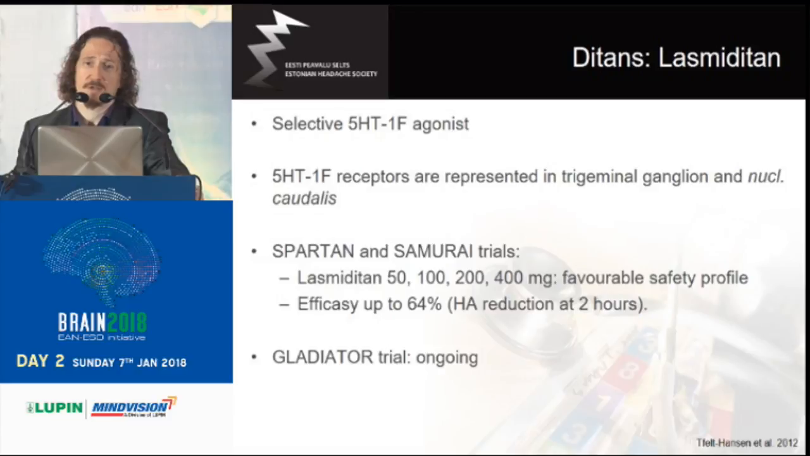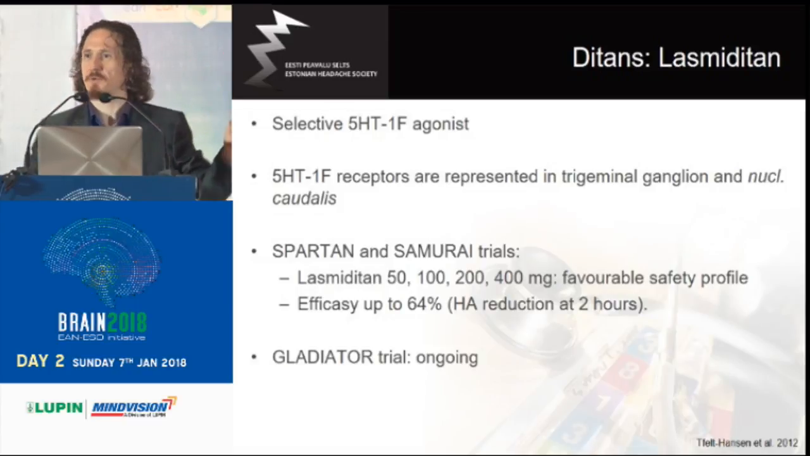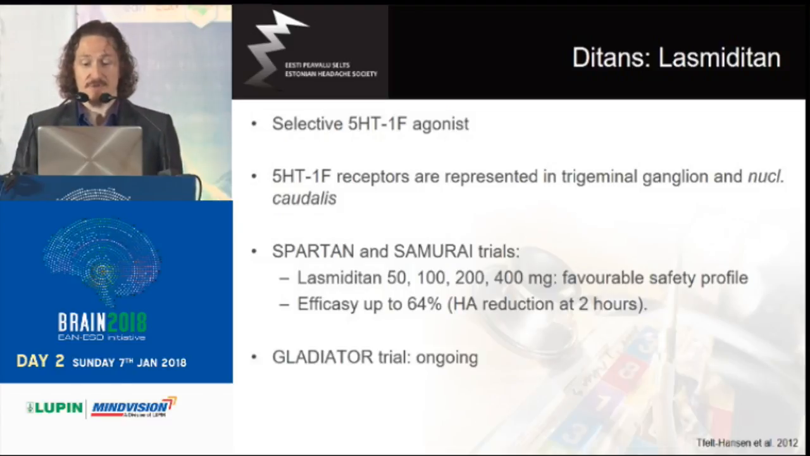Actually, there is only one medication now that has completed the studies. Studies called, very nicely, Spartan and Samurai. They showed both a favorable safety profile and efficacy of up to 64% for lasmiditan in migraine headache attack treatment. And now there is an open label extension trial called Gladiator that is ongoing, and we're looking forward to seeing